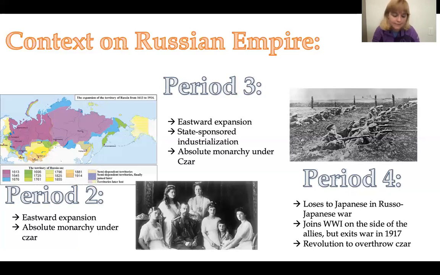So you guys probably remember me saying that the Russians will lose the most amount of men in World War I, and they will also lose the most amount of land in World War I. And they will leave the war early, so bad for them. But in 1917, guys, there is a revolution to overthrow the absolute monarch. And that's the story we have to talk about today, guys. We need to talk about the Russian Revolution and what that means. And as I said, and I'm going to emphasize this over and over again, Russia is about to become a major protagonist in our AP World History story.